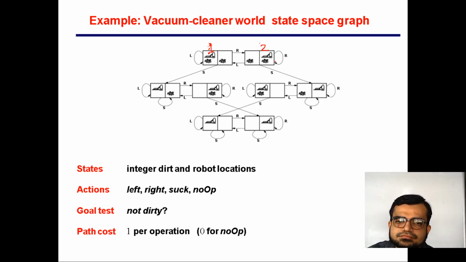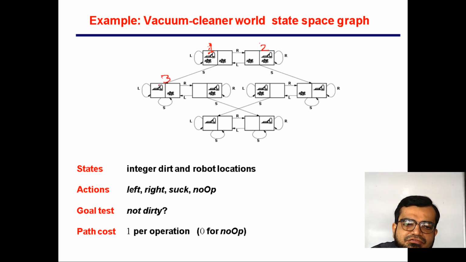For example, if you want the vacuum cleaner to visit the previous location again, you move it towards left, and it enters into the first state again. Now, if the dirt is there and you want to clean the dirt in the first location, you perform S, which means the suck operation. When the suck operation is performed, it enters into this state, that is your third state.